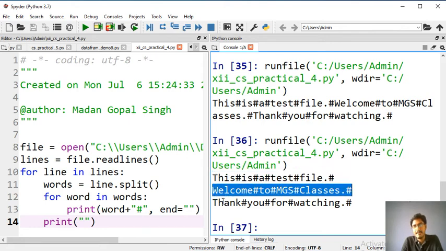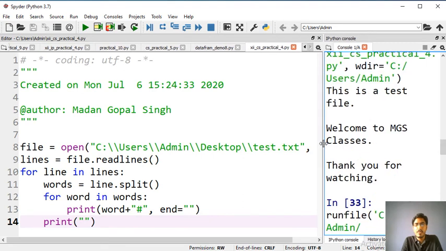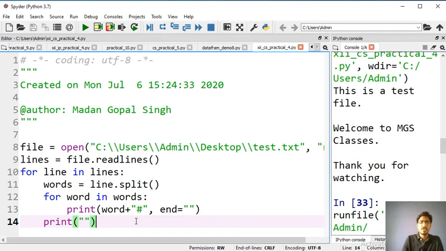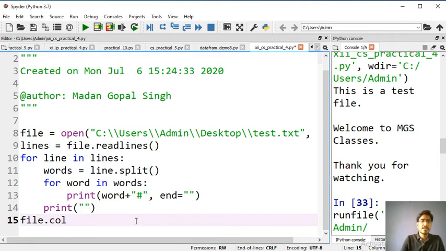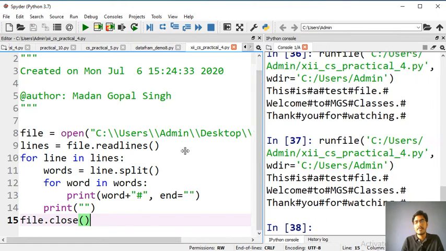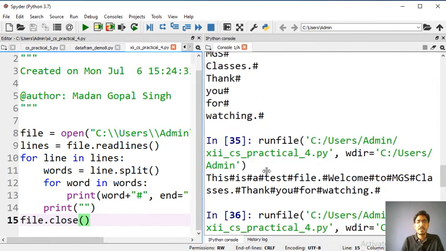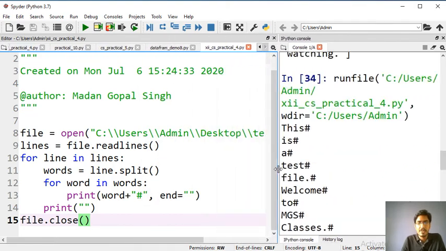You can see here. Now I will show you how this actually works, and at the end you should close the file, so that it doesn't consume unnecessary memory or the file doesn't crash. It will not do anything programmatically, but in the background it will close the file. Okay, now let me show you how this actually works.